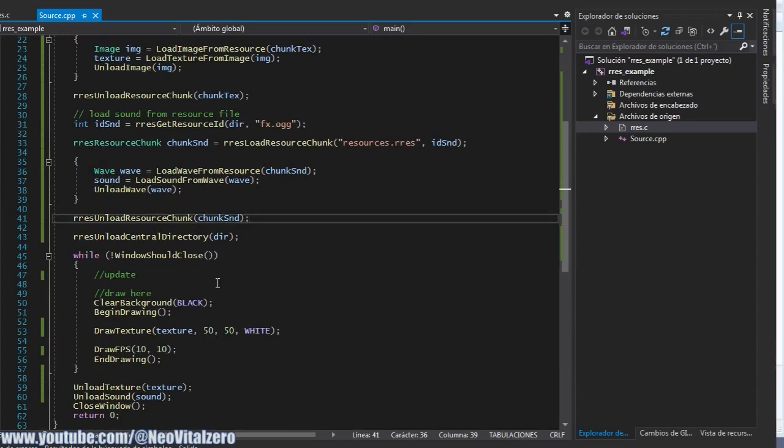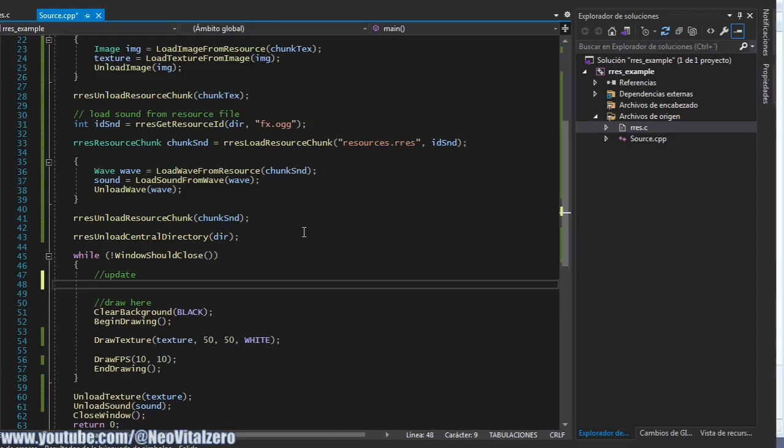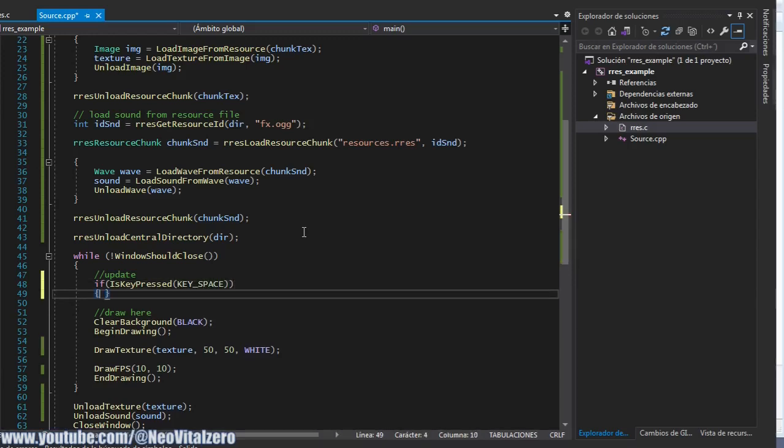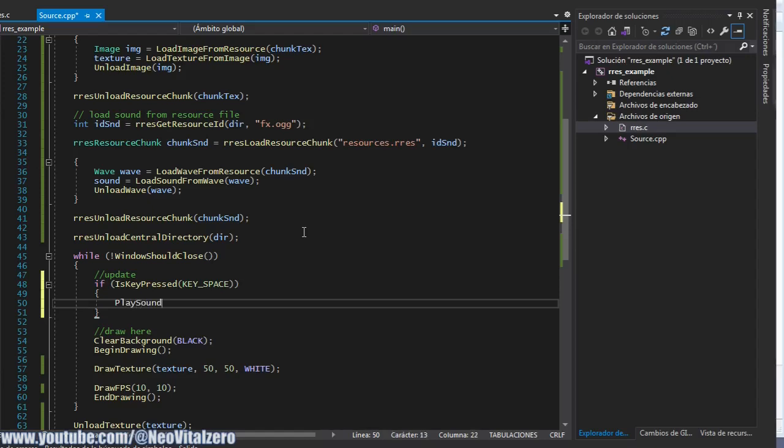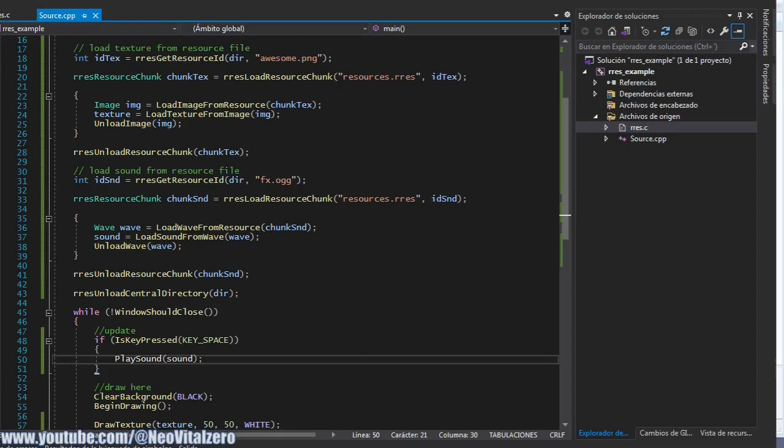Okay, we do here, and to avoid this one to be played every 60 frames per second, we're going to put a conditional here. Every time we press the space key, the sound will be played. Play sound. Okay, we compile,